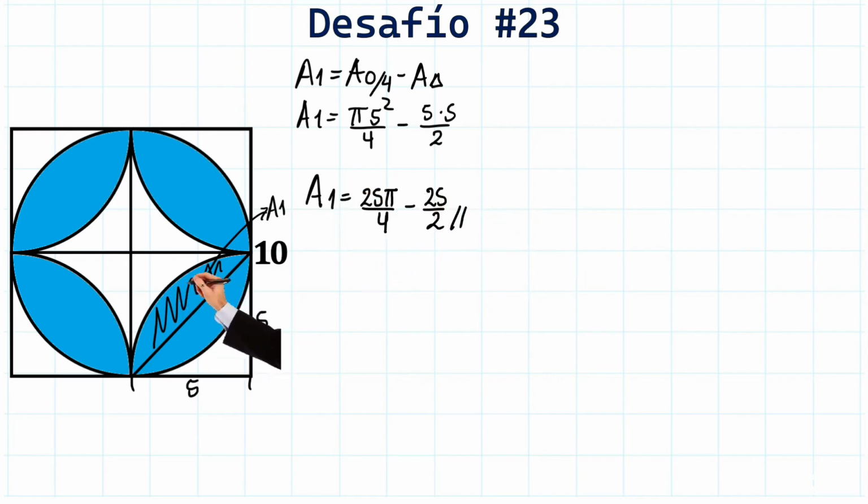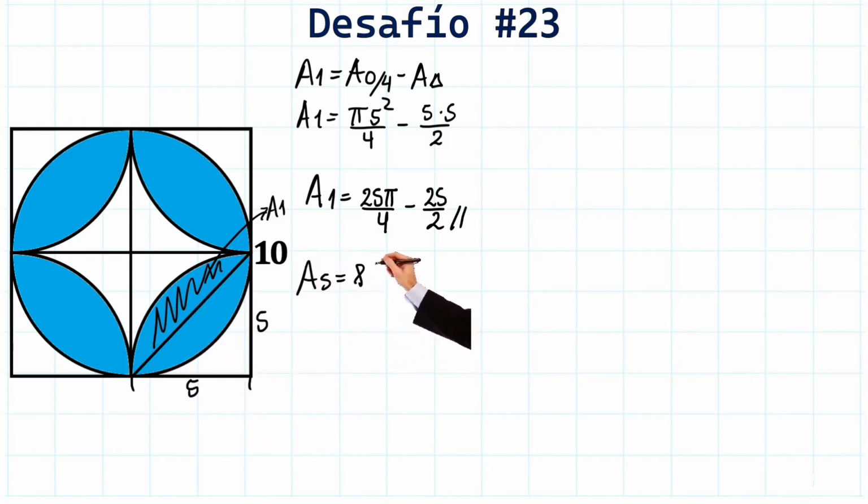And notice that this area is half of this area in blue here. How do we know? Because on this side, we have a quarter of a circle. And on the other side, we also have a quarter of a circle. And since it's the diagonal, it divides it into 2 equal parts. Now the shaded area will be equal to 8 times area 1, because here we have 2, here 2 more make 4, here 2 more make 6, and here 2 more make 8. We have that the shaded area is equal